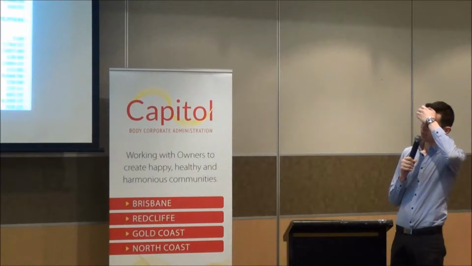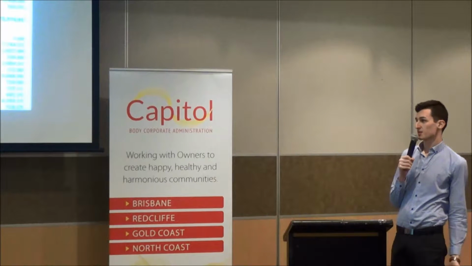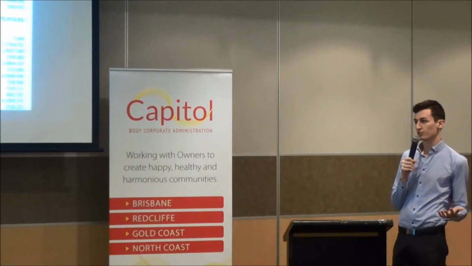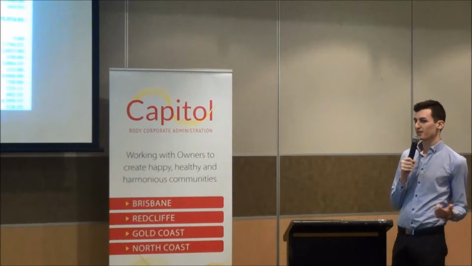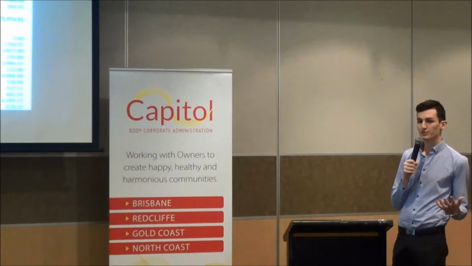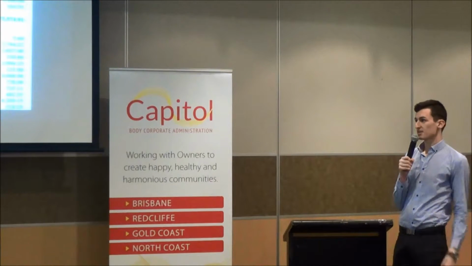Insurance is pretty self-explanatory. Insurance valuations are done periodically to make sure the building's insured for the right amount. And then we've got some categories for repairs and maintenance. So these are things that are annual type repairs and maintenance. Gutter cleaning, if we get an electrician out to fix an intercom or something like that, that would generally be an administrative fund expense. Next slide.